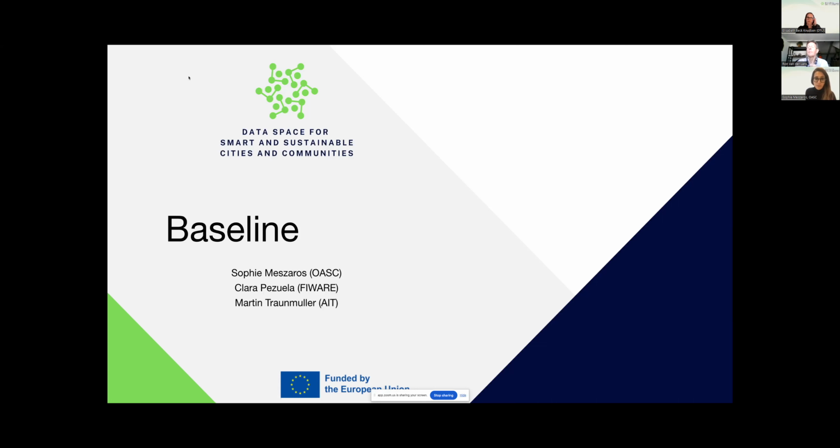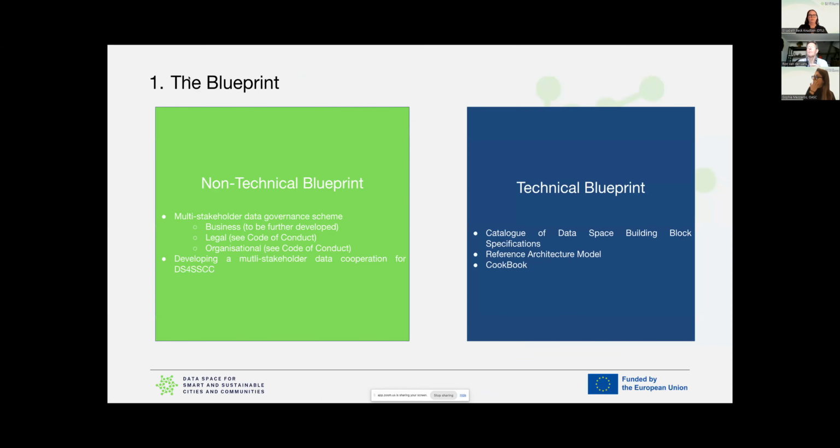My colleagues will put it in the chat. Now we will go over what you can also find online and hopefully use as well. These resources are already available if you want to work on them, and they will also be used in the data space deployment phase.